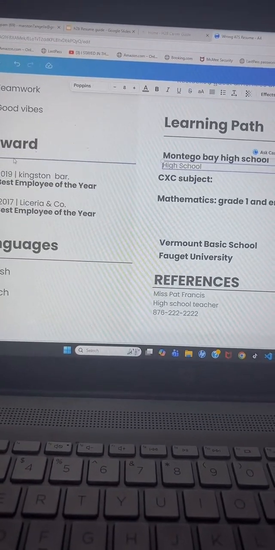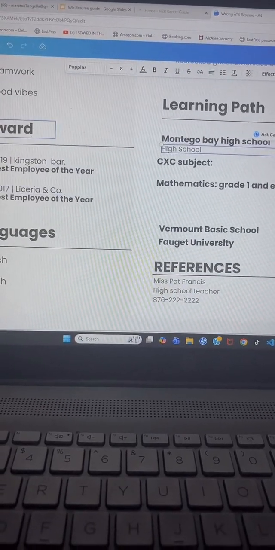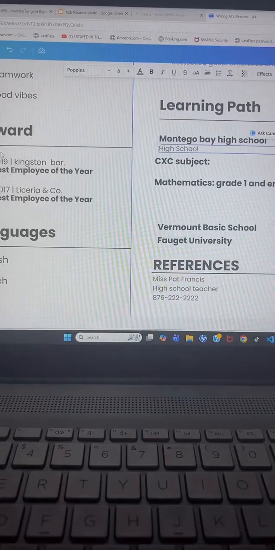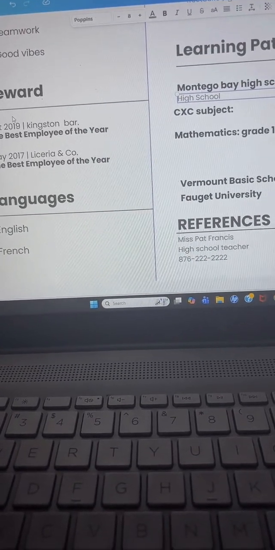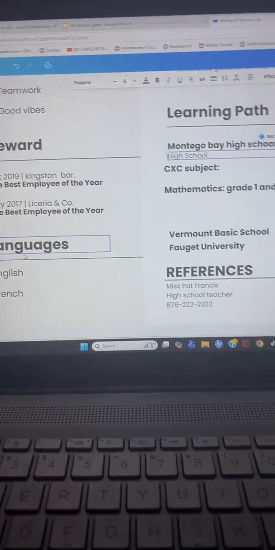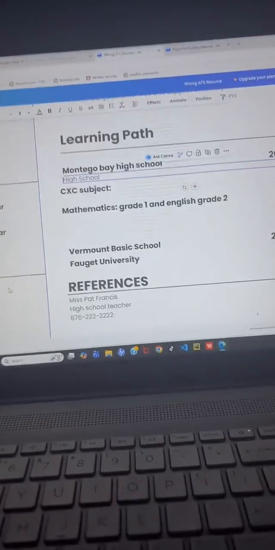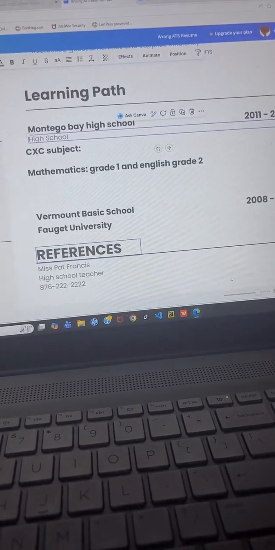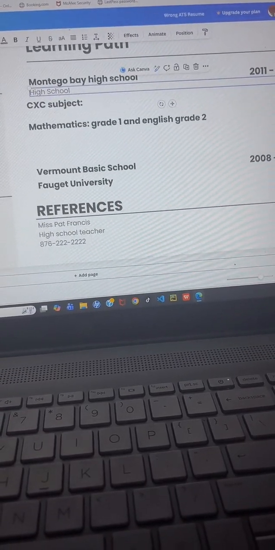Awards, you don't have to put awards. Make sure that you're doing your resume for one page only. One page is good enough for your resume. Languages, you can put languages as well, but it's not necessary. References also, you don't have to put references, but that's up to you if you want to.